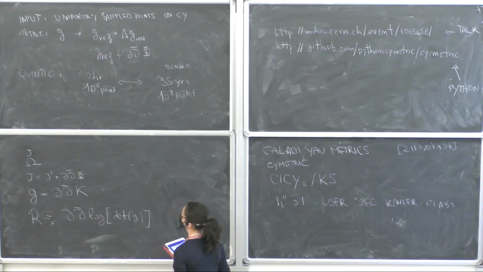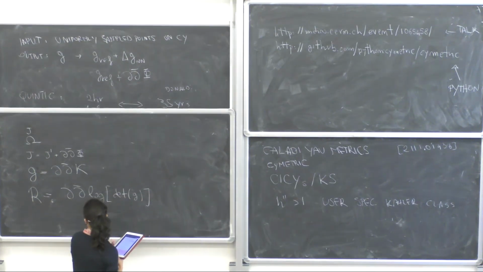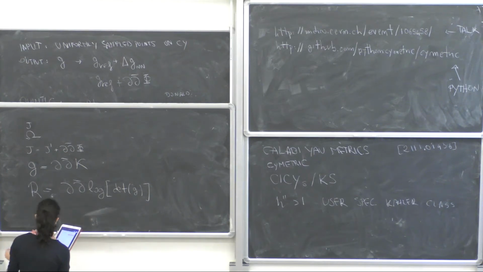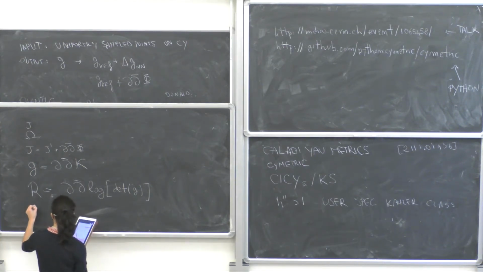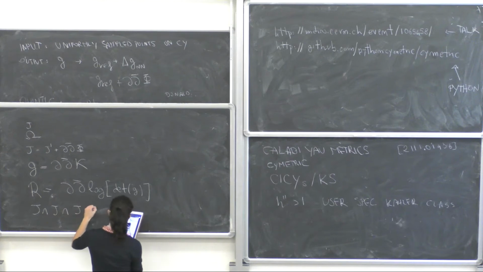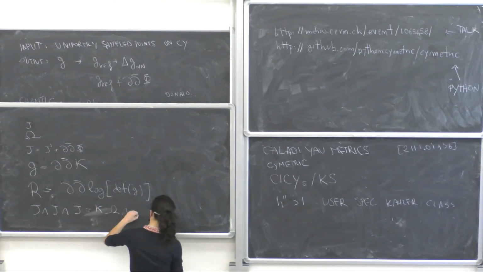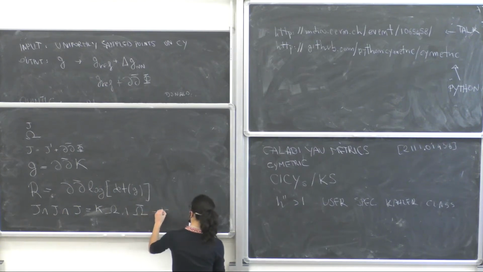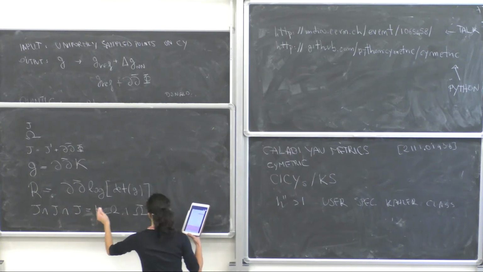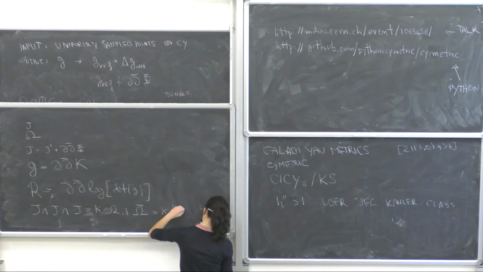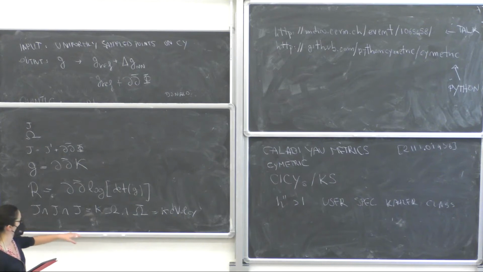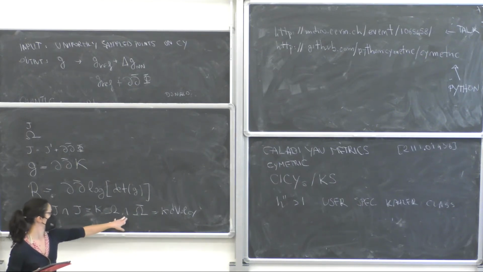Okay, and another thing that we want to use is the fact that we can write the volume of the Calabi-Yau using either J or omega, and this will lead to the following. Okay, I'm not able to write down two types of K. Fine, it's a small k. Imagine it as a small k. Okay, so you can actually write down the volume of the Calabi-Yau as a function of the holomorphic top form